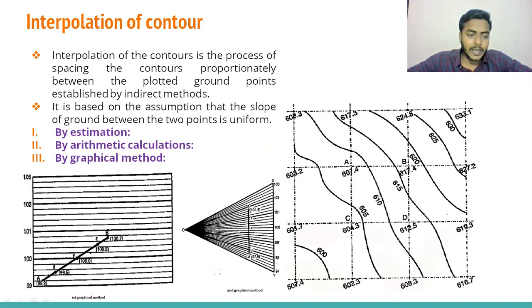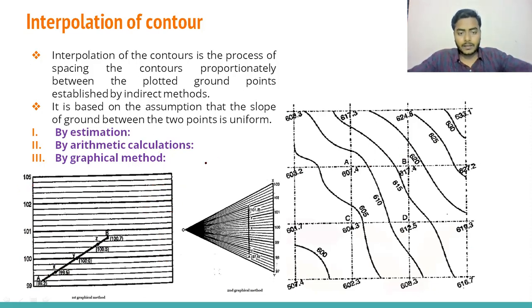Are you getting my point? So here there is no need to do calculation. The calculation is done by these divisions, by this paper, because this tracing paper we have converted into a scale format like 99, 100, and every division is giving us 0.2. So once line AB is marked on the tracing paper, then we can locate the points for which we are going to draw the contour line. Once we have located them, we keep the tracing paper on the drawing and transfer the X, Y, Z points on this drawing paper. And when it is done, then we can draw the contour line.